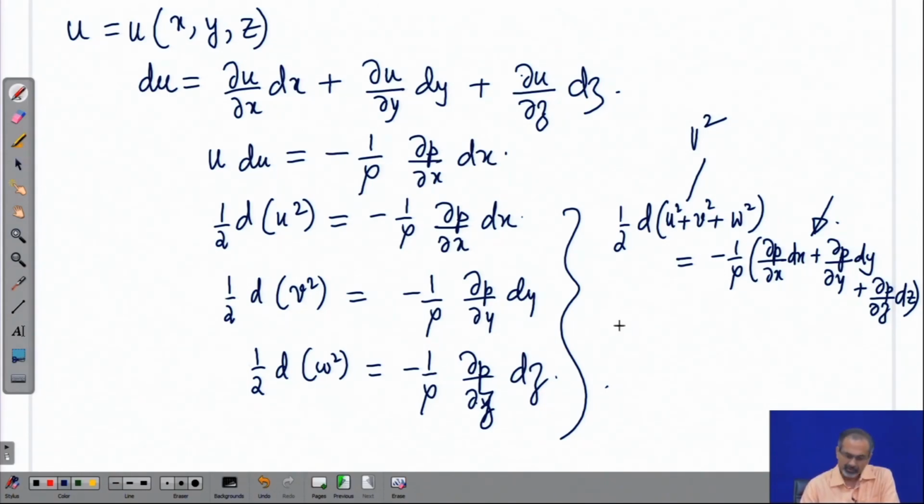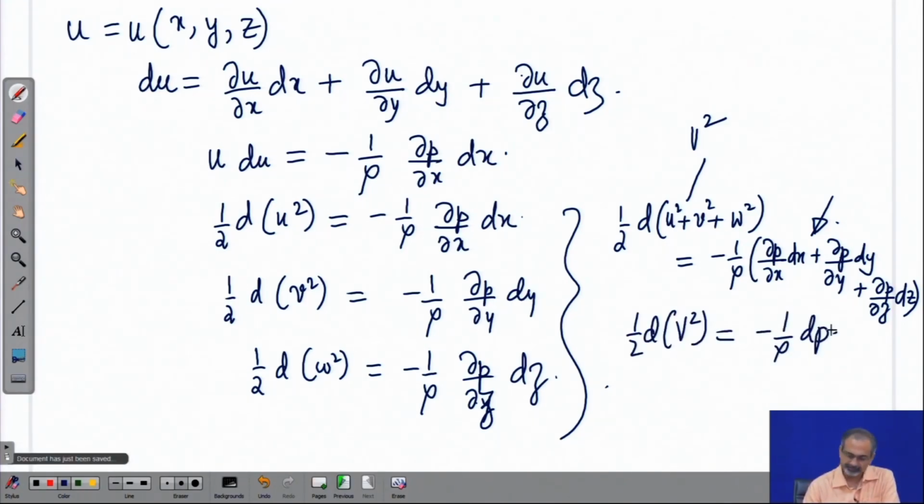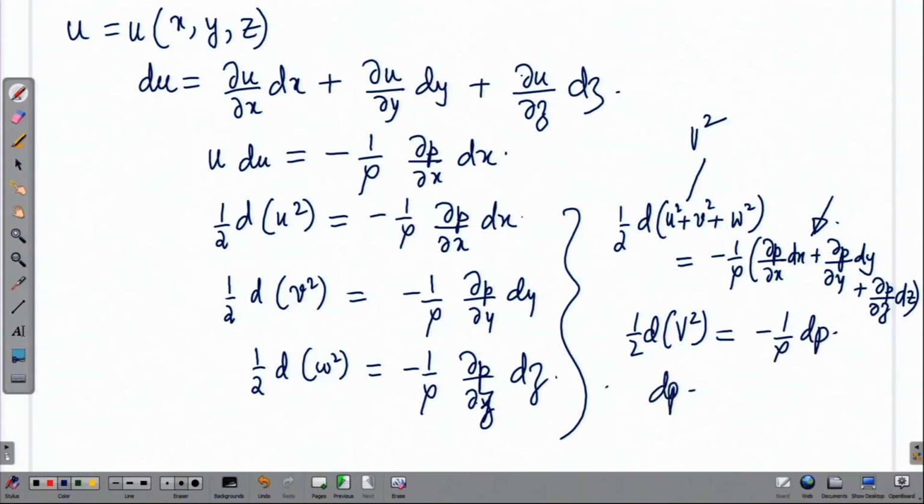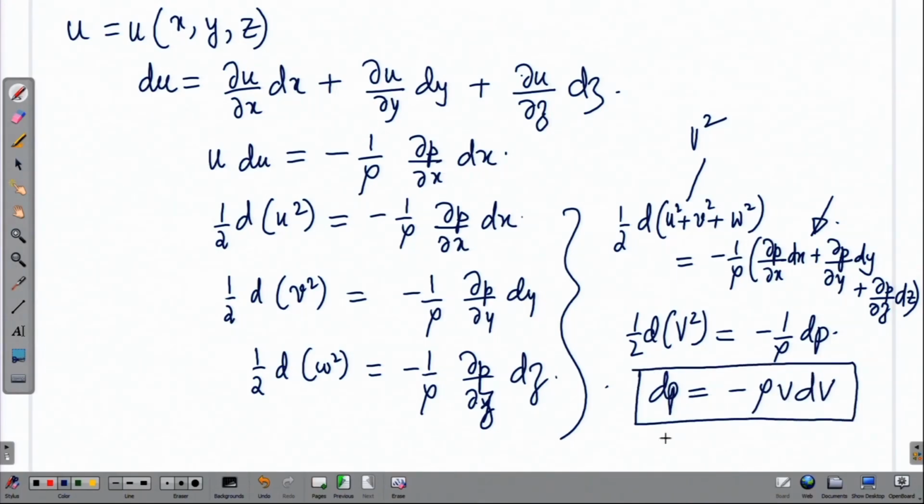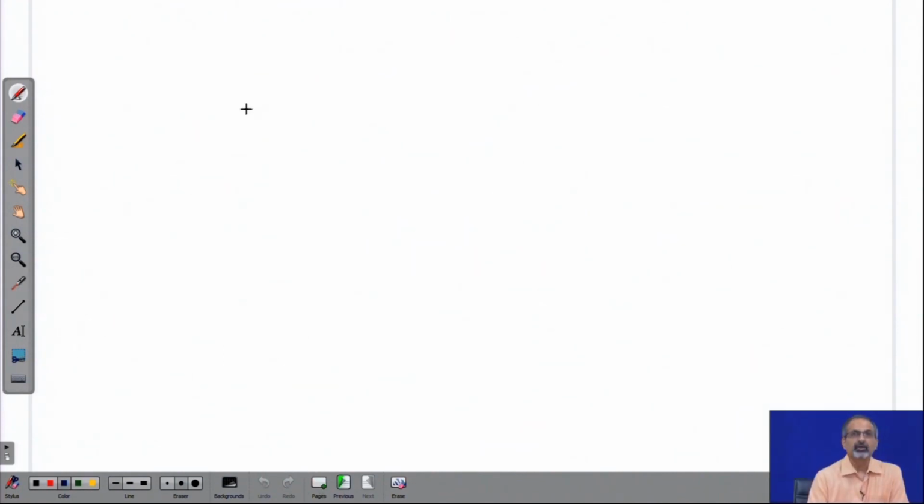So, what do you have finally? You have half d capital V square is equal to minus 1 by rho dp. If you rearrange, you get dp is equal to minus rho V dV. This is a famous equation in aerodynamics, which is called as Euler equation. It has enormous utility in analyzing inviscid flows in aerodynamics,